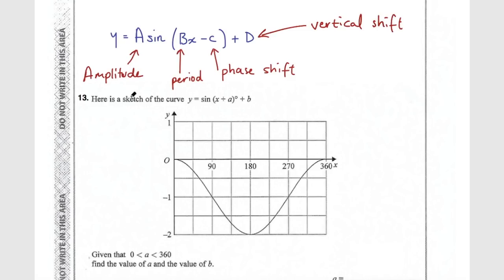Okay, so there are all of the different variables in the equation of a sine wave. And in this case, we need to worry about the phase shift, in other words, the left and right movement, and D, or the vertical shift, which is the number on the end. Okay, the other thing you need to know about this for this question is what a typical sine wave looks